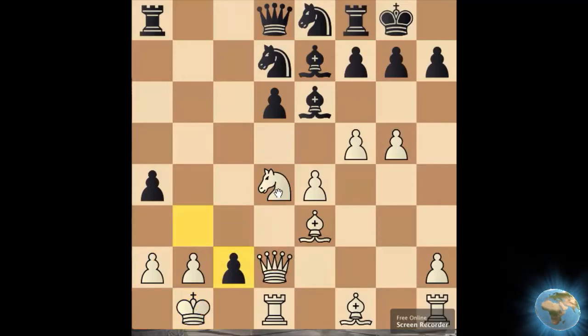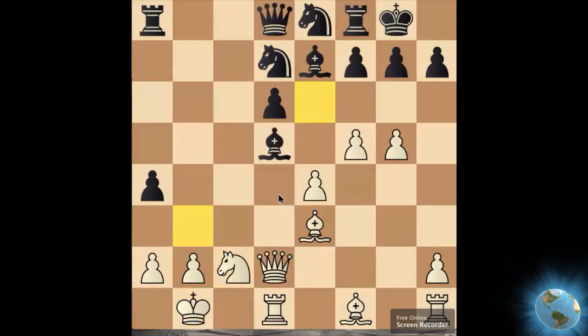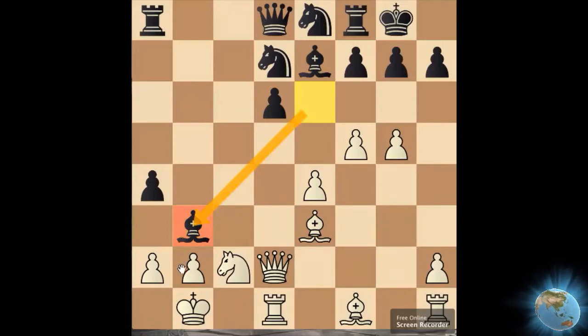B captures c2, knight captures c2, bishop to b3. A beautiful return sacrifice by Anand, trying to open the a file and continue the attack. And if captures and captures, the pawn on b3 would be a simple monster. A captures,